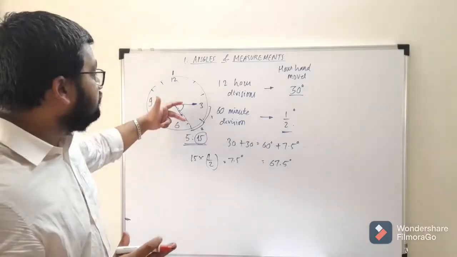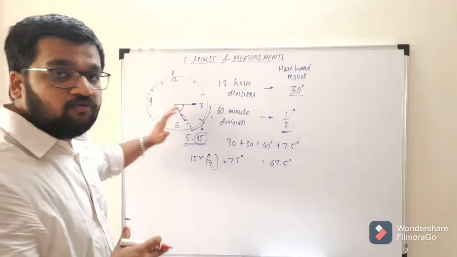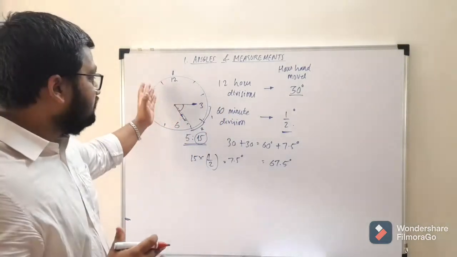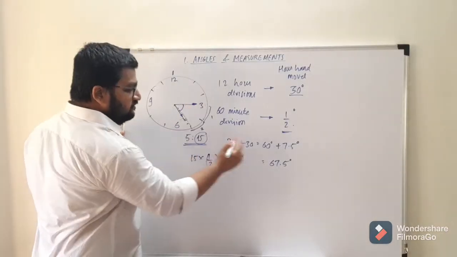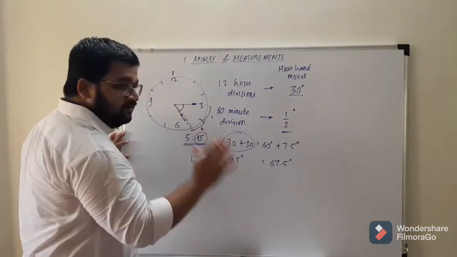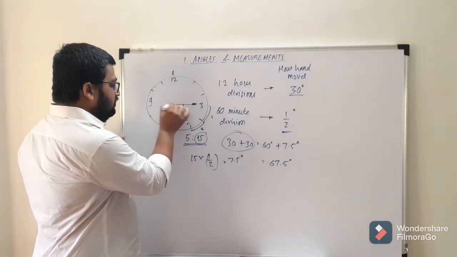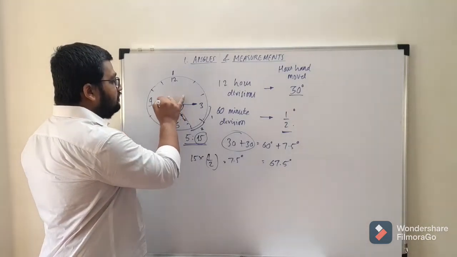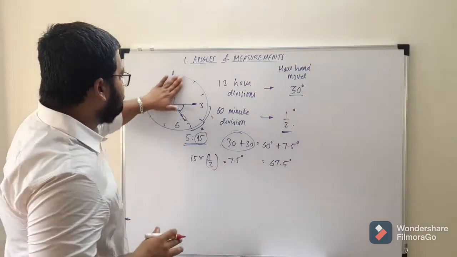Keep one thing in mind: this calculation is only if both the hands are on the right hand side. So what if it is on the left hand side? The first thing, the hour divisions, will be the same. The only difference is what we have to calculate now. Suppose this would be here. We have to calculate the distance it will need to travel to get to 12. Okay. We'll have another example.